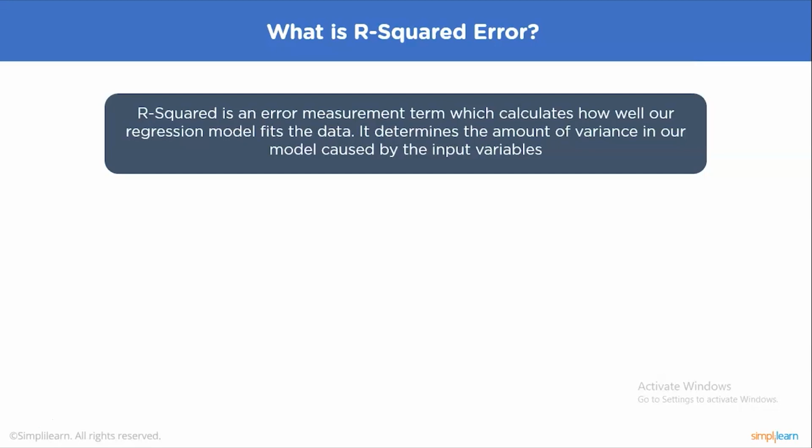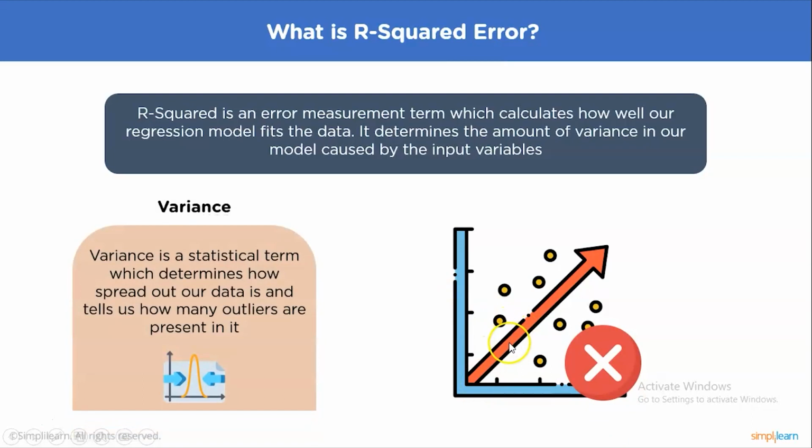R-squared is used to explain to what extent the variance of one variable affects the variance of a second variable. So, if the R-squared of a model is 0.5, then approximately half of the observed variation can be explained by the model's inputs. In other words, an R-squared of 60% reveals that 60% of our data fits our regression model exactly. Now, in this graph, if we have a variance of 60%, it means that 60% of our data points fall exactly on our regression line.